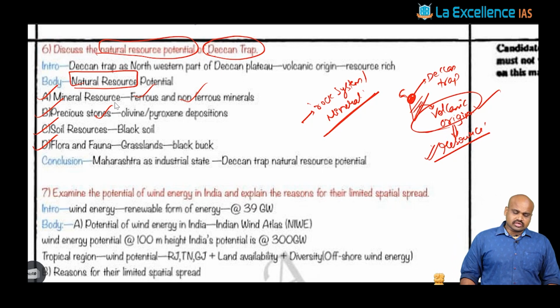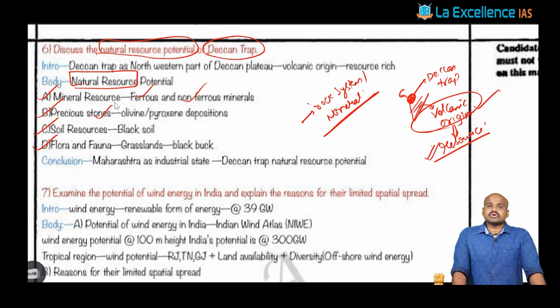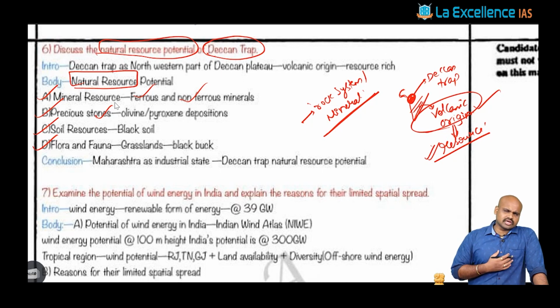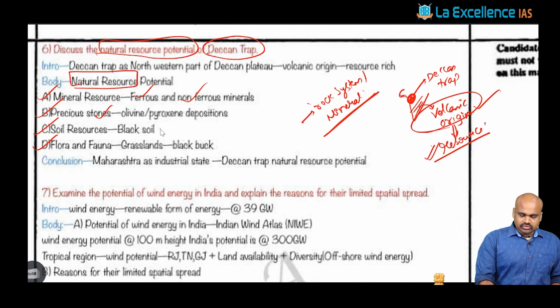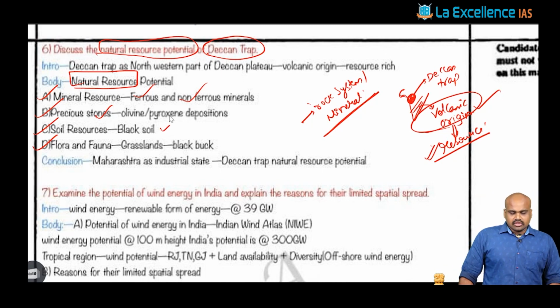Then apart from that, we also have the soil resources, that is your black soils. And you know that these black soils have the potential of growing cotton. When you talk about these black soils, these are also called regur soils, self-aerating soils, and self-ploughing soils, for the reason that their ability to store moisture is of a greater extent. With such an understanding, the soil resource is also one of the natural resource potentials that is present. Then we talk about the flora and the fauna that is present in this region, right?